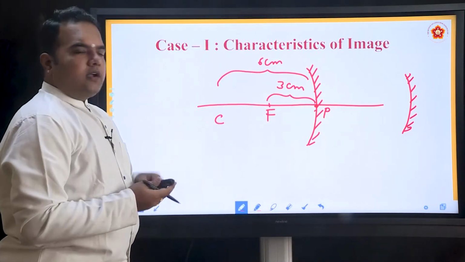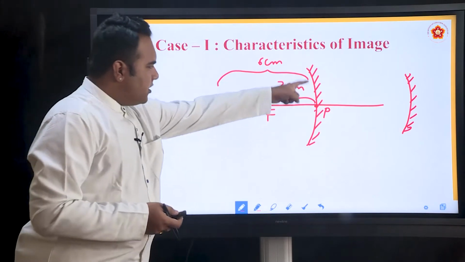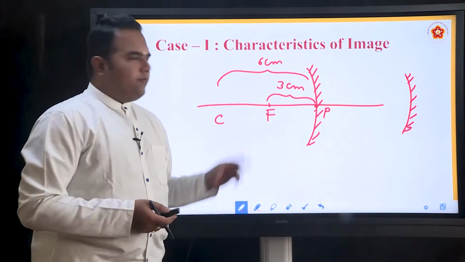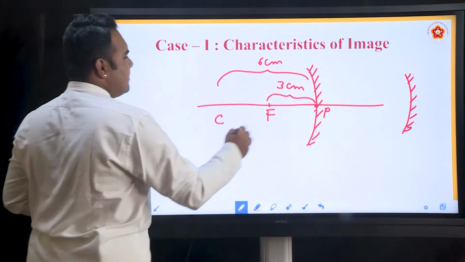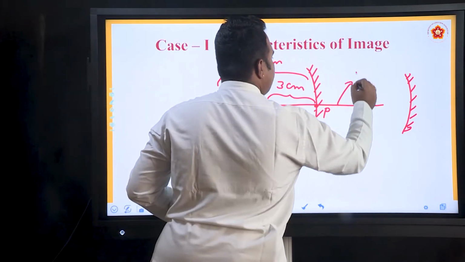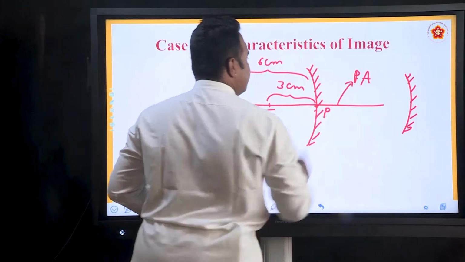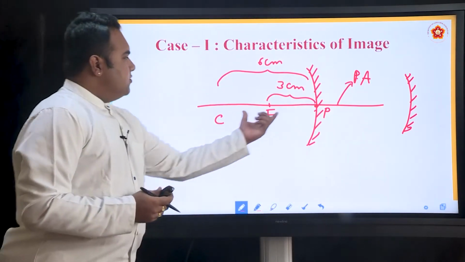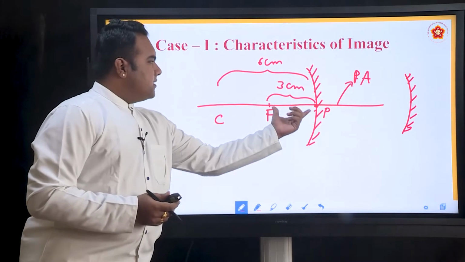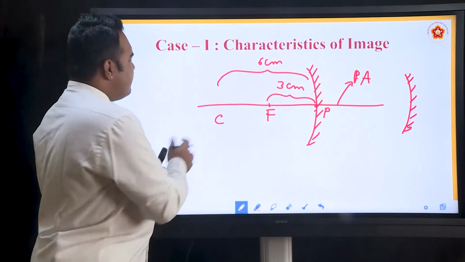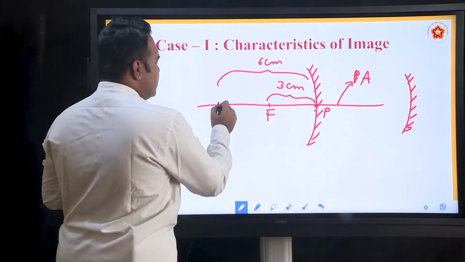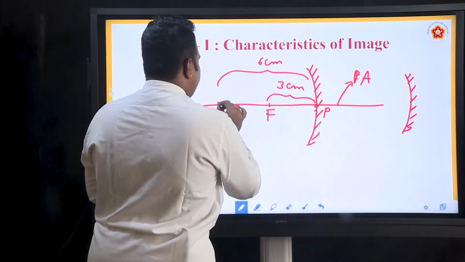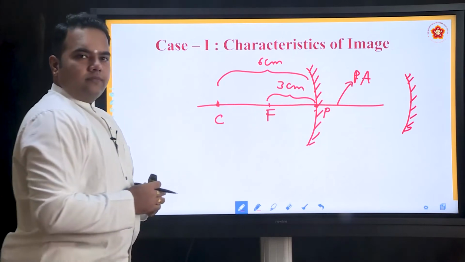So when you are asked to draw the ray diagram, we draw the mirror first, we draw a straight line passing through the center of the mirror. We call this the principal axis. And using proper distances, suppose you mark the focus at 3 centimeters, we have to mark the center of curvature at 6. Suppose you make it 2 centimeters, this point should be marked on the scale exactly at 4 centimeters.